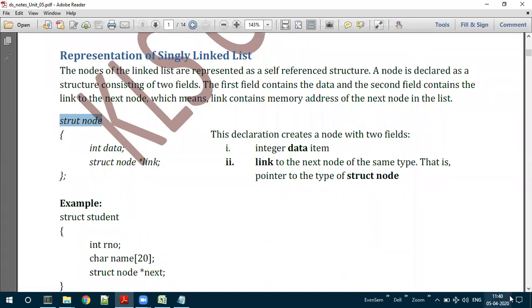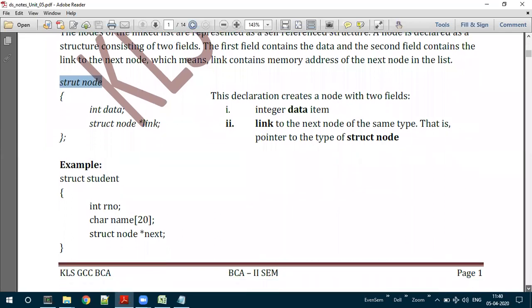Let us see the other example here. In the second example, I have taken 3 members. What does the first field, that is the data field, consist of? Data field consists of roll number and name of the student. We are defining a structure here by the name struct student. In this one, int RNO and char name, both are the first field. First field is for what?